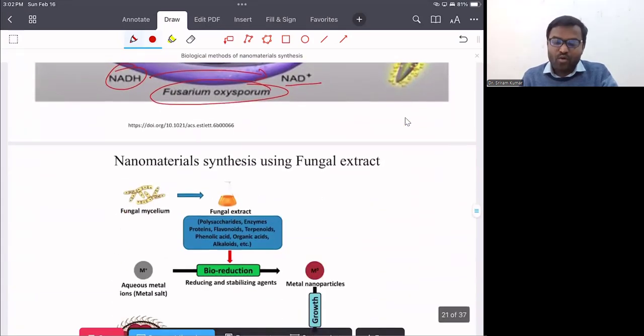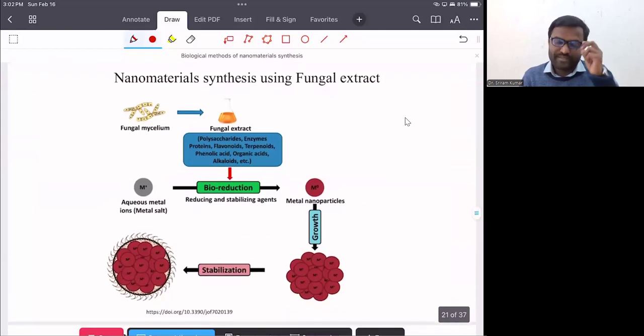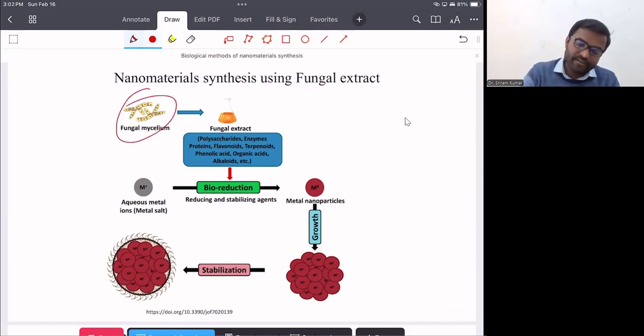Now, we can also opt for a different kind of approach. Suppose we have a fungus here. We can extract meaningful and important chemicals from that fungus. For example, we can extract polysaccharides, enzymes, proteins, flavonoids, terpenoids, phenolic organic acids, or maybe alkaloids. If we extract these important chemicals, these are called natural